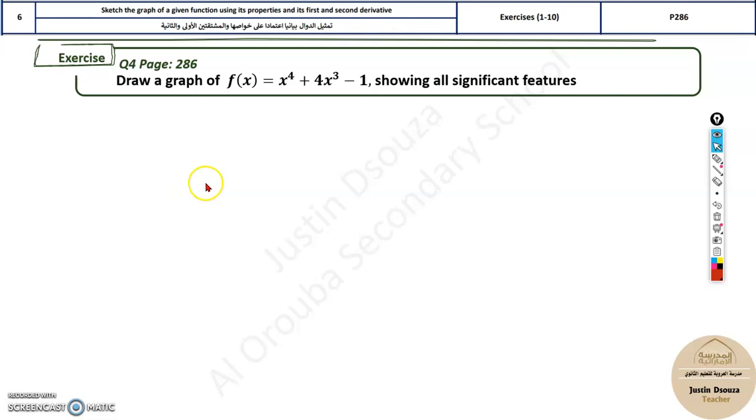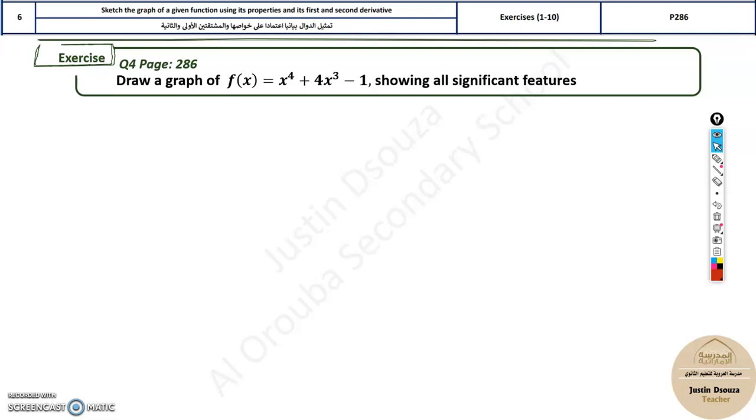The sixth topic is similar to the fifth topic. Here also we need to sketch the graph using the first and the second derivative properties. There are many methods to do it. We will use the first and second derivative property, and then just like the previous video, we will directly solve